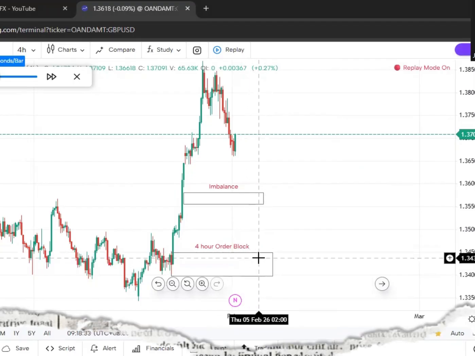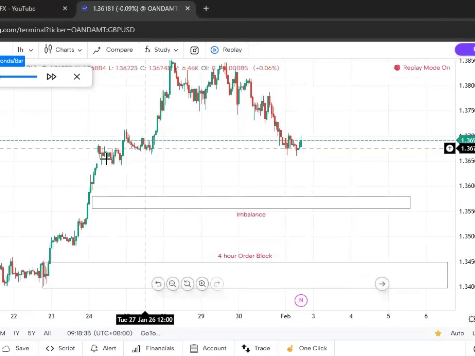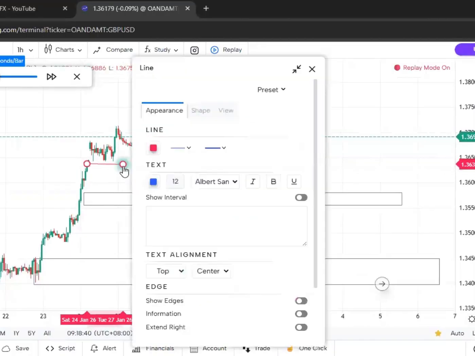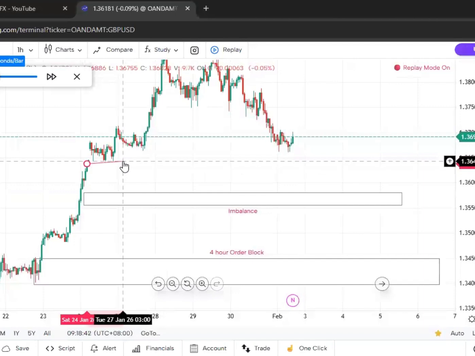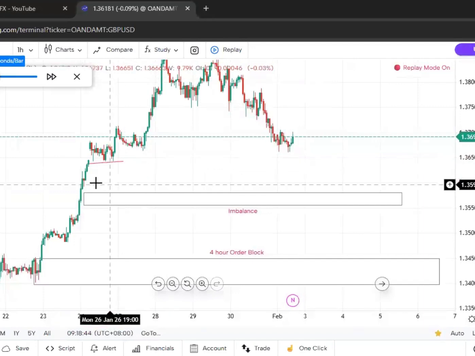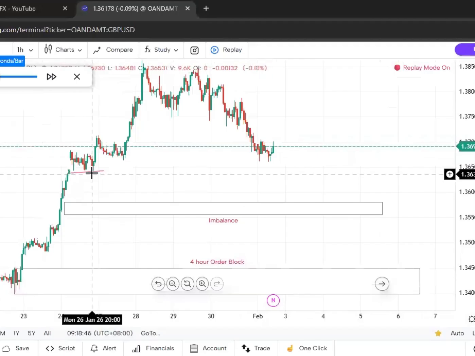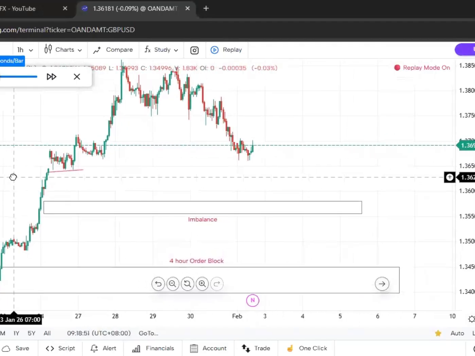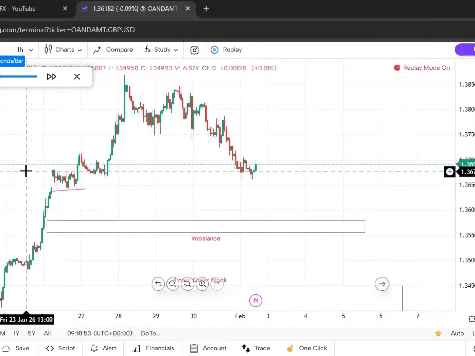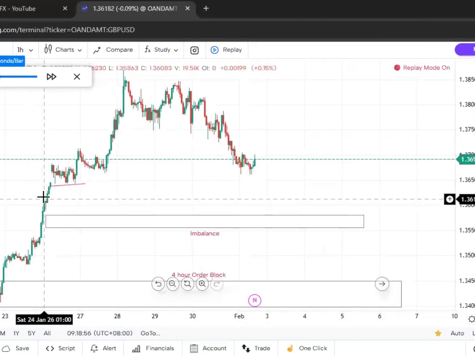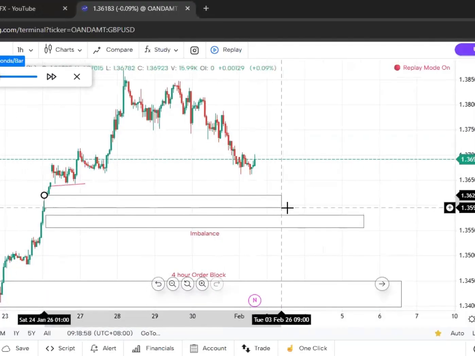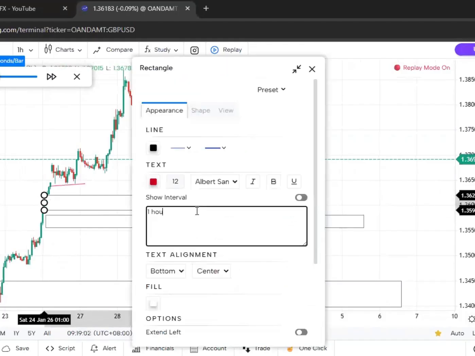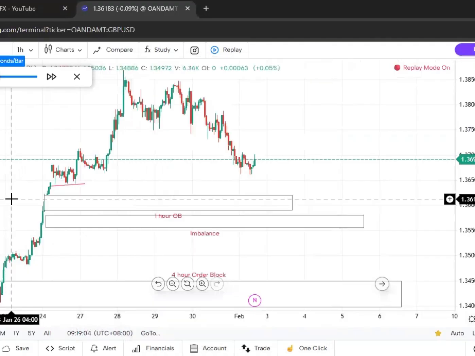Dropping into the 1 hour, here you can clearly see this liquidity sitting below. We know that if there is liquidity, the market will always come back and get this liquidity. Liquidity is the reason why the market is moving and it is a magnet to these zones. You just need to identify and mark it. And also, below this liquidity is the 1-hour OB. The market might react in this area in the future after getting the liquidity.